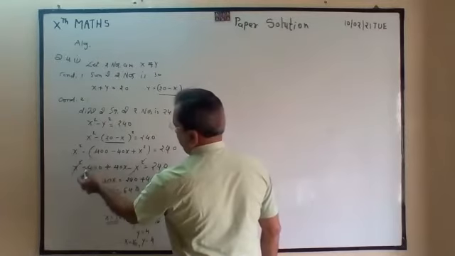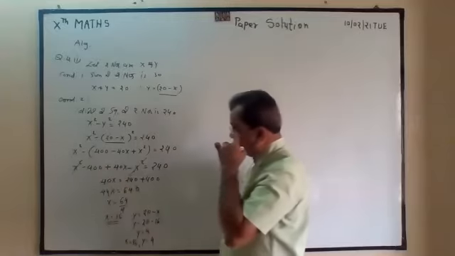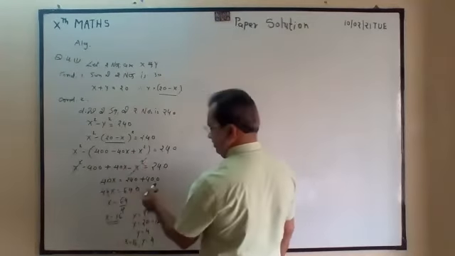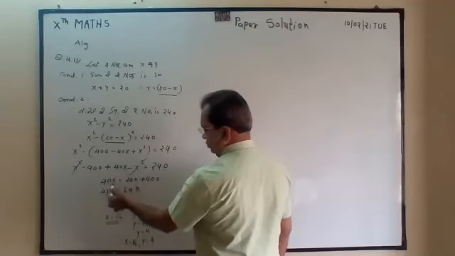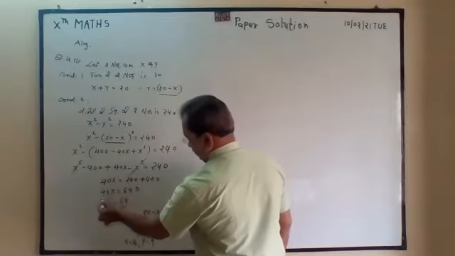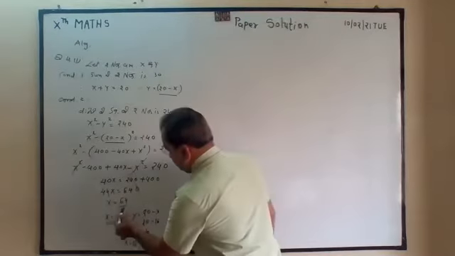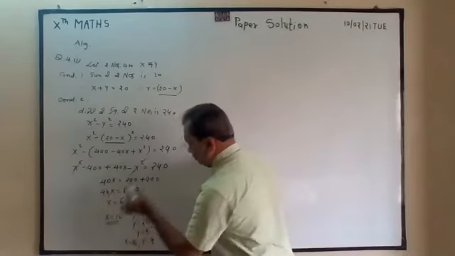It is minus 5, change the sign. x square minus x square, that is 0. Now this minus comes this side, so it becomes plus. So this becomes 640, 0, 0 cut. So 64 is equal to 4x. So x is equal to 64 divided by 4. So it will be 16, 4 16s are 64. So x is equal to 16.